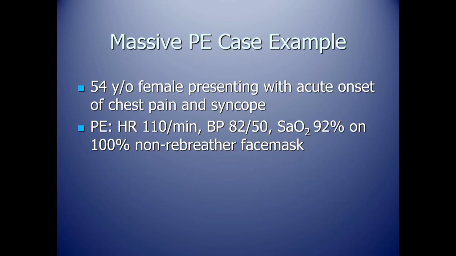But we do see this kind of massive PE patient come into the ED who is very sick. They're hypotensive, but they're a stable massive. They're somebody you're going to want to bring right away. And you see this patient, 54-year-old, acute onset chest pain, shortness of breath, tachycardic. So for that, they get their PESI score of 1, even though this is massive, hypotensive, hypoxic, on and on